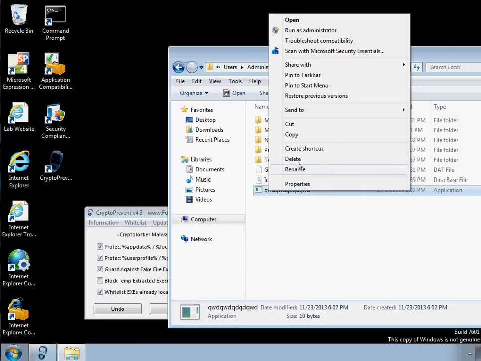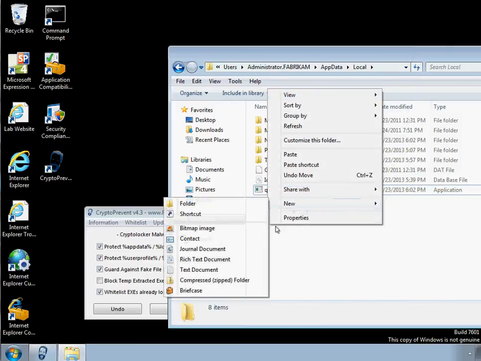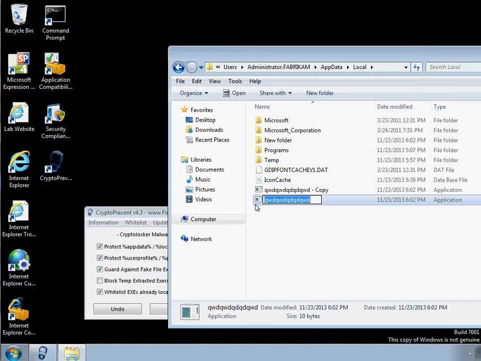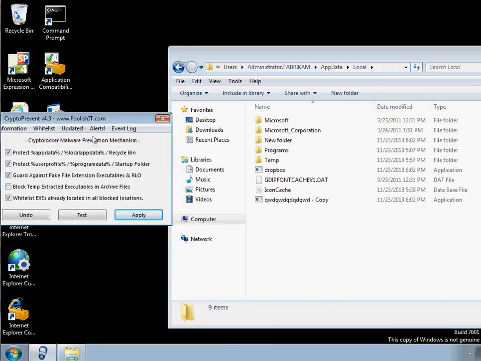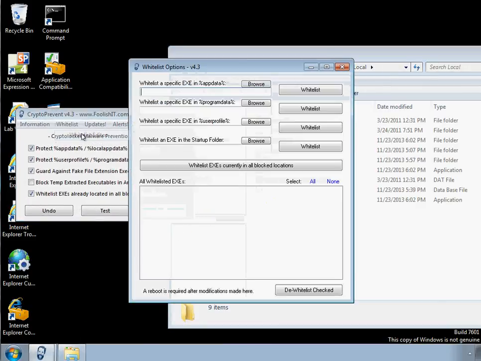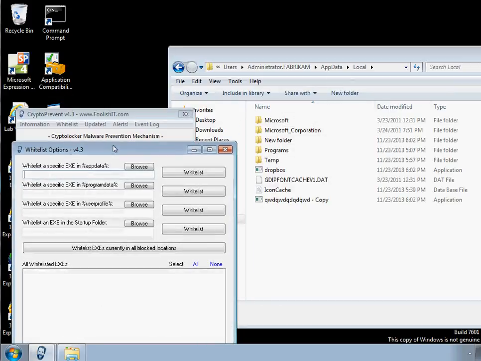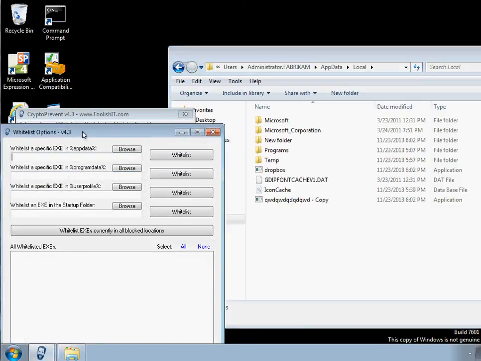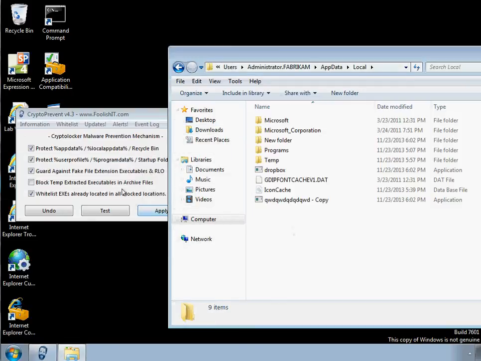So if I copy this and paste it here, and I make another one, let's say Dropbox, something that I want it to run. Okay, what I'm going to do is I'll go back to my whitelist, go to my editor, and here is where you allow whatever you want in this thing. So for example, if I go back and then run this,